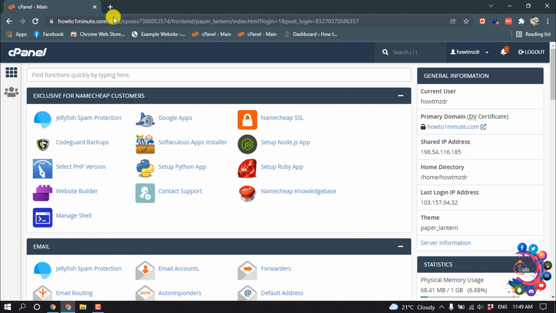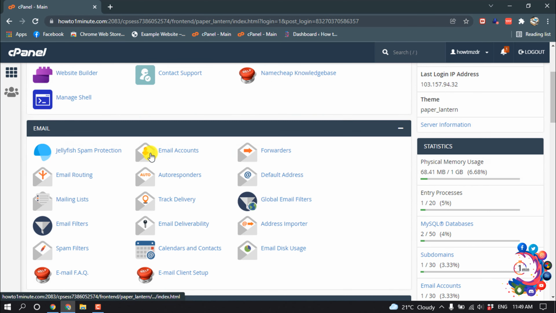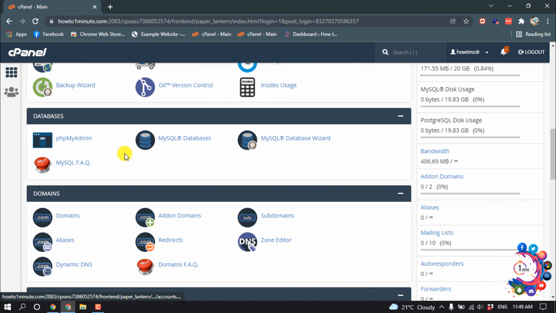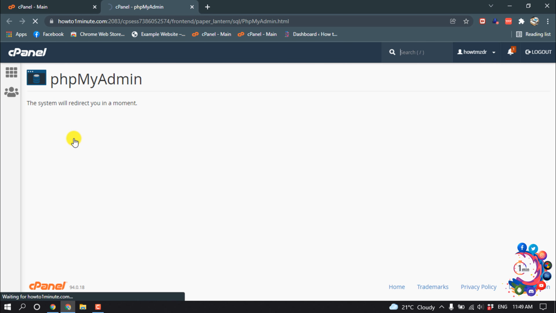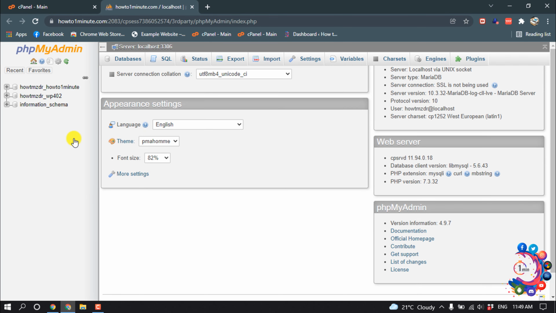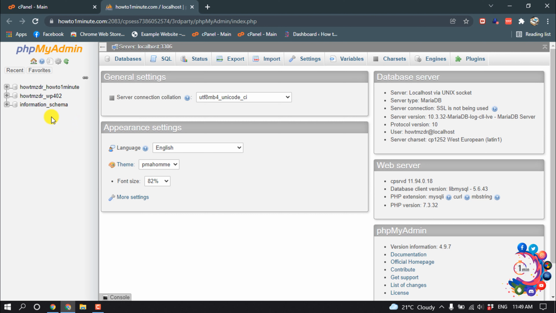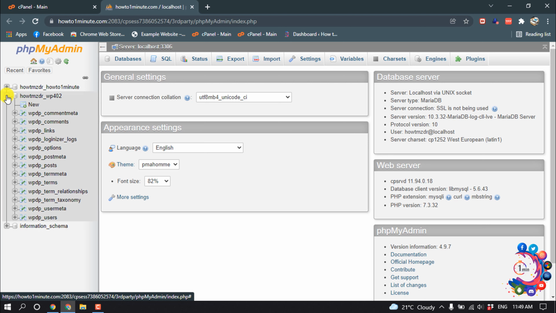So first of all, sign in to your cPanel, scroll down, and then click on phpMyAdmin. Now you have to open your website database. So I'm going to click on this plus icon and now click on wp_users,